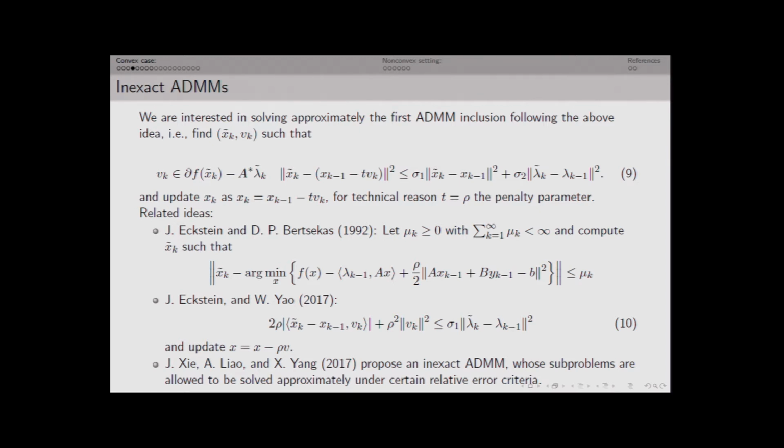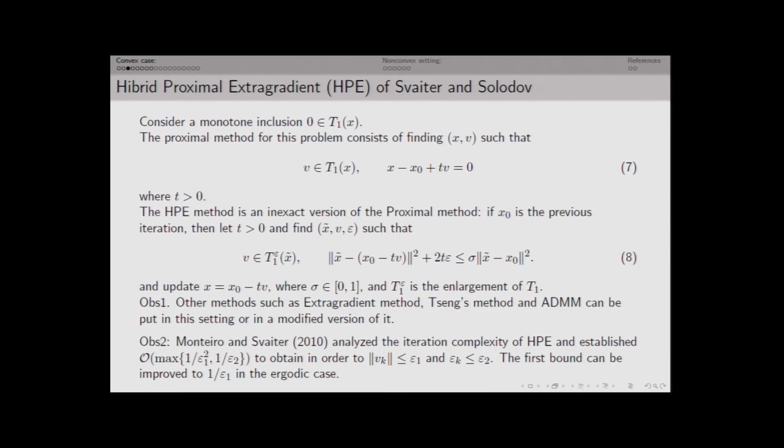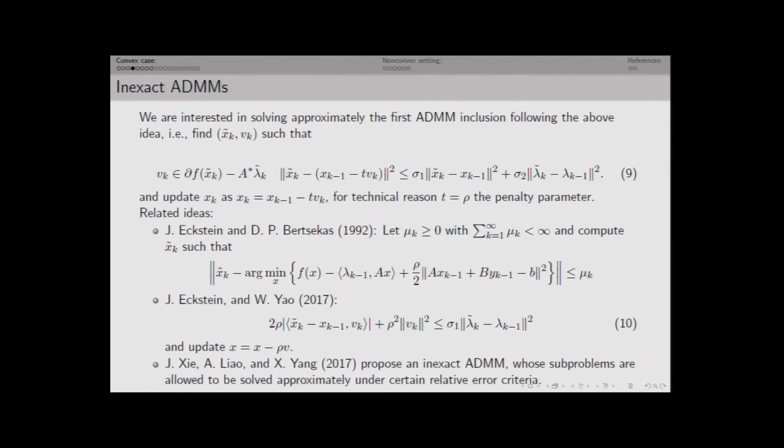So what we are doing is analyzing the HPE to solve the first subproblem of ADMM. And of course, we have a second subproblem, and for the third there's nothing to do because it's just an equality. So we have the first subproblem and the second subproblem. There are some issues I'm going to talk about,